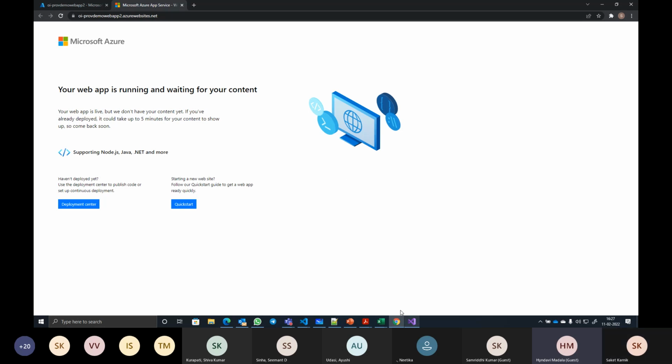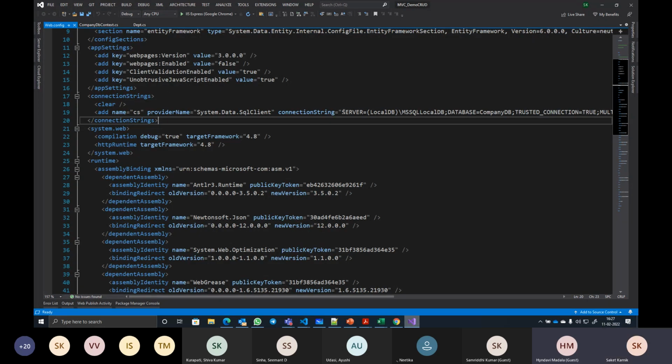What next? This is not enough. My application is using a SQL Server backend as well. Yes or no? Yes. So should we deploy this SQL Server also or not? Because from the cloud, my local machine SQL Server will not be accessible, right? Yes. Before changing the connection string, what do you think we should be doing? On Azure, we should deploy